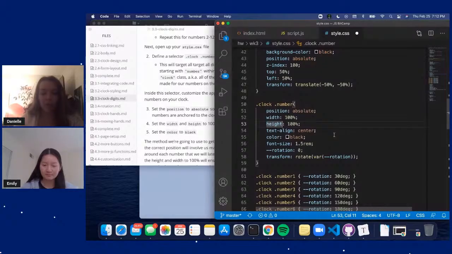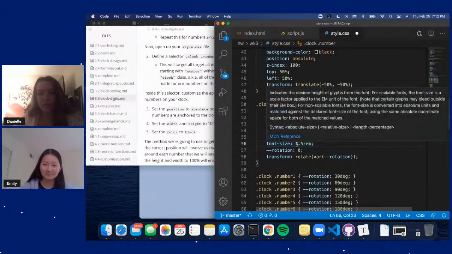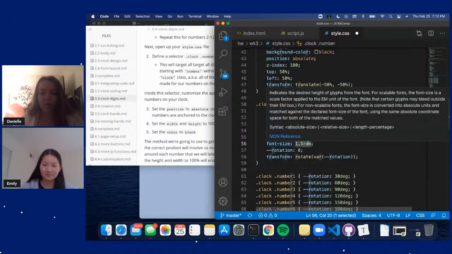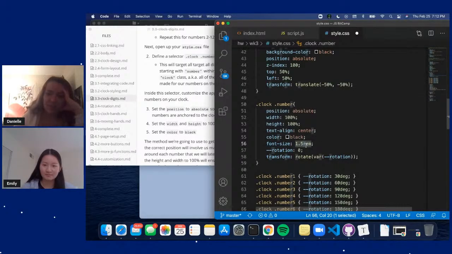Otherwise, they wouldn't be on the clock. Next, we set the color to black so that you can see them. You can make it any color you want as long as it doesn't match the background color of the clock. And I set the font size relative to the page size, which is actually no, it's not, I